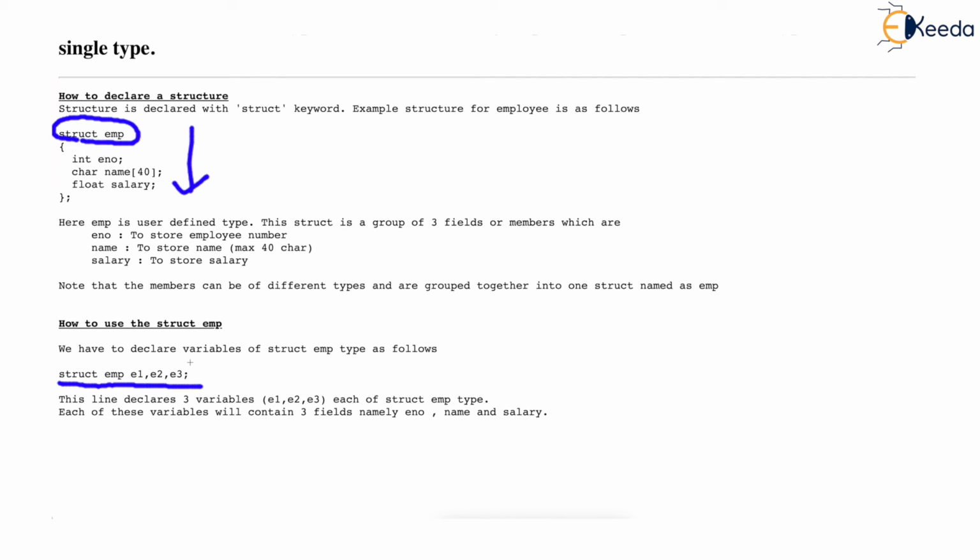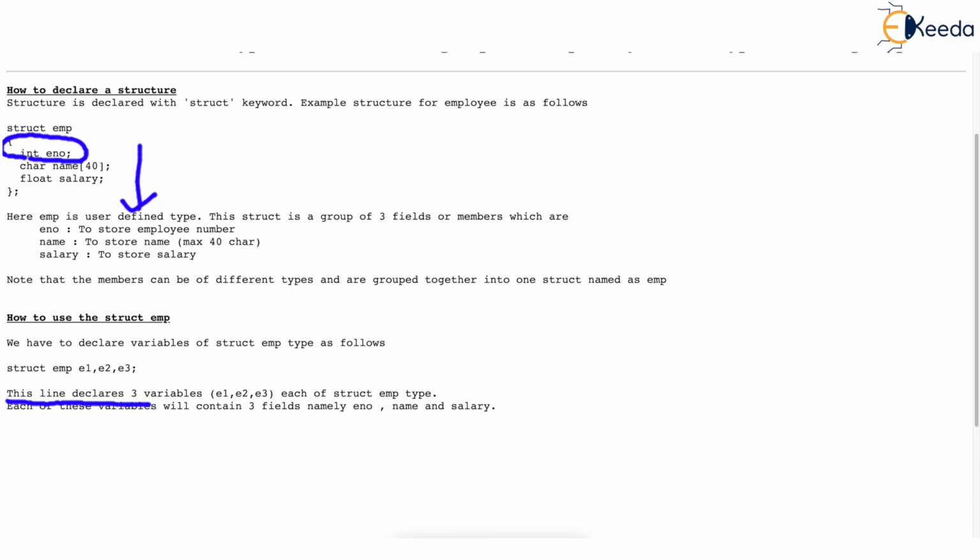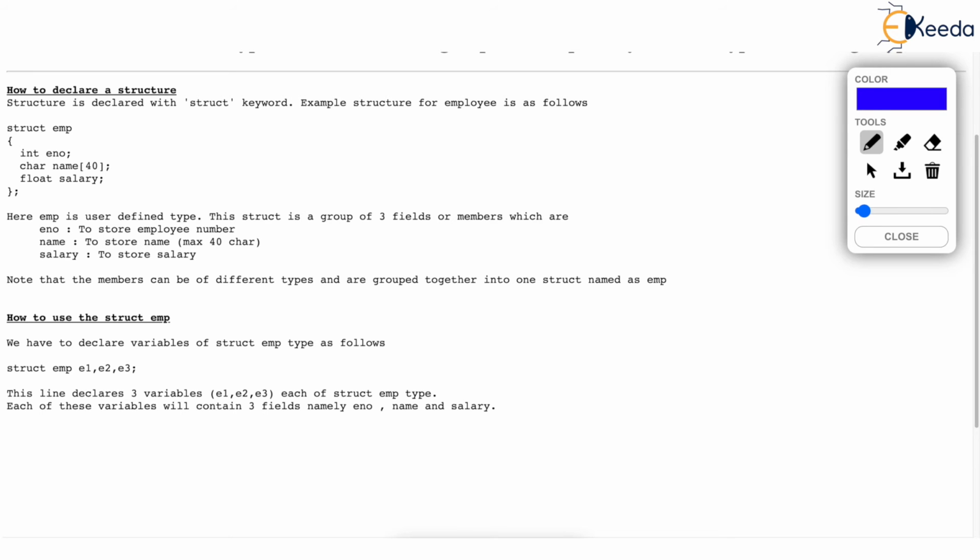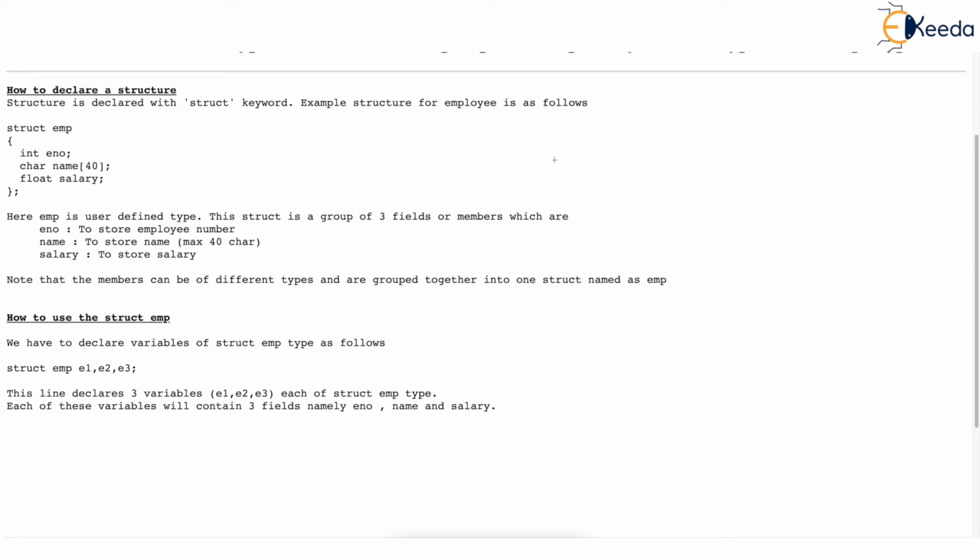Now, this line is so simple if you learn it from the variable point of view. Let me prove it. We have written a line after this line: struct EMP E1, E2, E3.